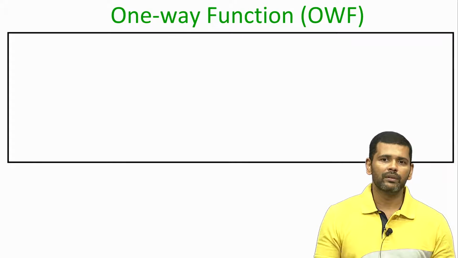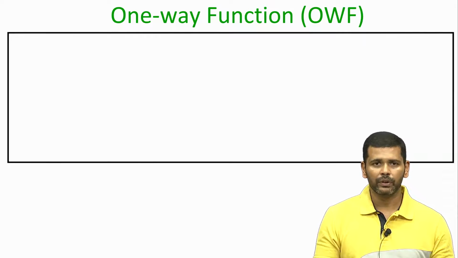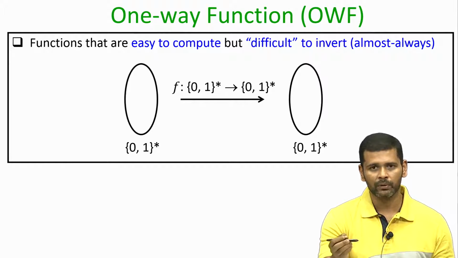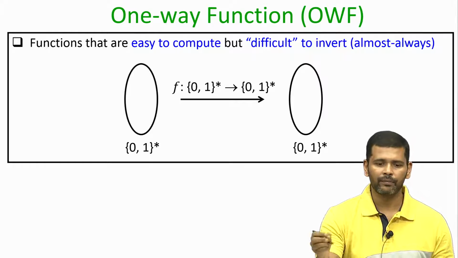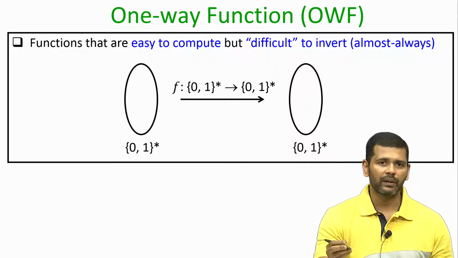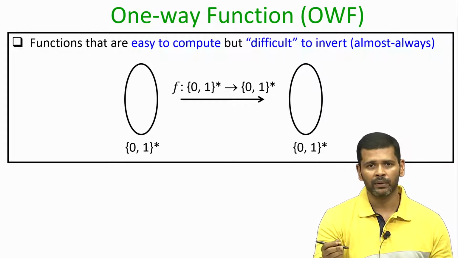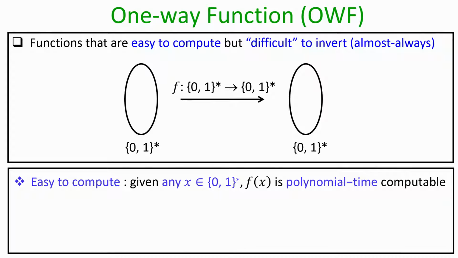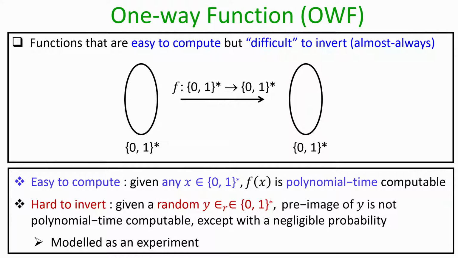So, let me introduce the concept of one way function, or OWF in short. It is a function from the domain of bit strings to the codomain of bit strings, denoted by little f, and informally it is a function which is easy to compute, but difficult to invert. More specifically, there are two requirements from this function. The first requirement is that it should be easy to compute, namely if you are given any input x, computing the value of the function on that input x should take polynomial time, polynomial in the size of the input x. The second requirement, which is the interesting property of this one way function, is the hard to invert property,